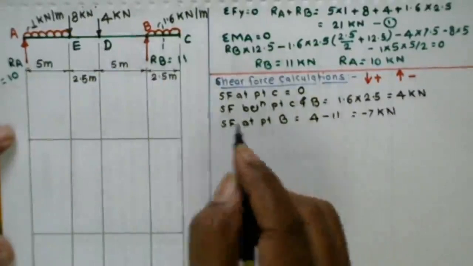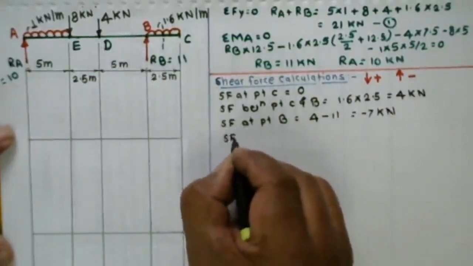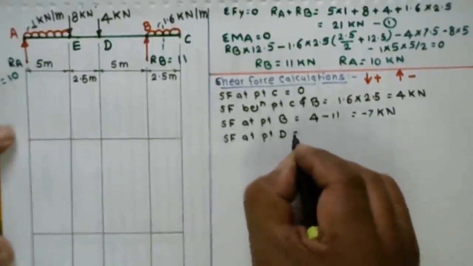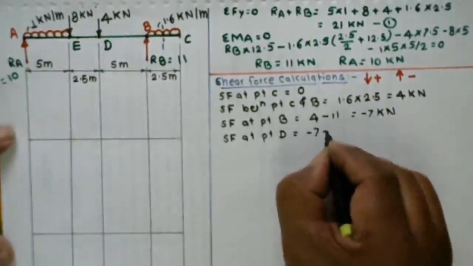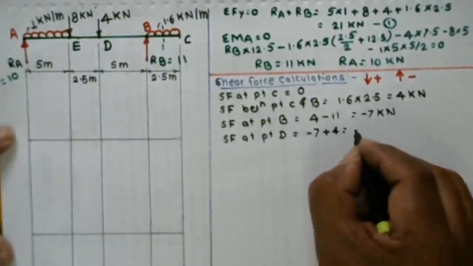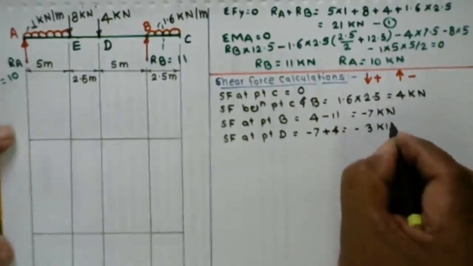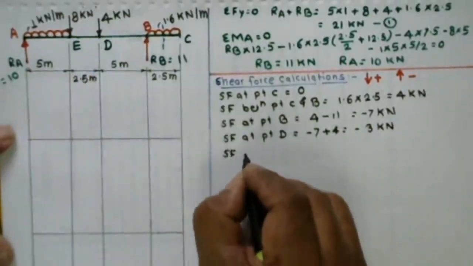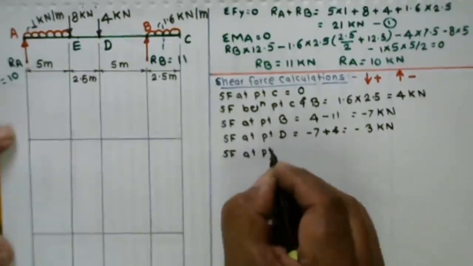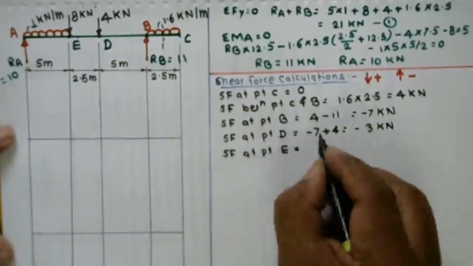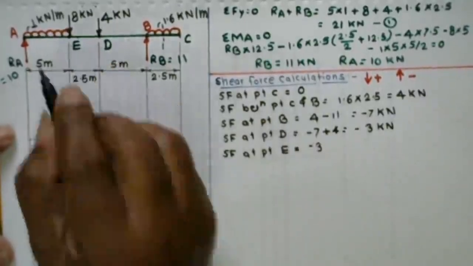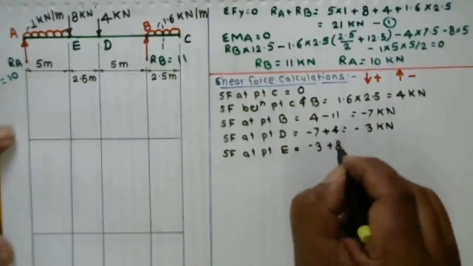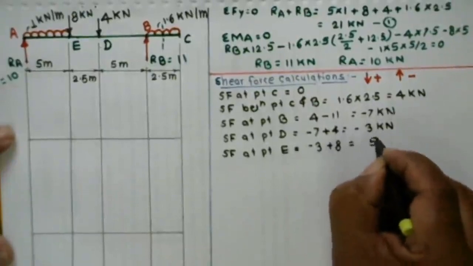Between the points B and D there is no load, so we may directly take shear force at point D is equal to minus 7 plus 4, which is minus 3 kilonewton. Next, shear force at point E is equal to minus 3. 8 kilonewton is acting downward, so again we write plus 8, so it becomes plus 5